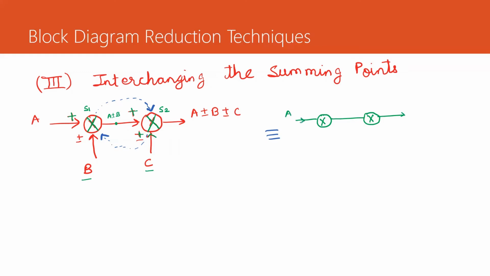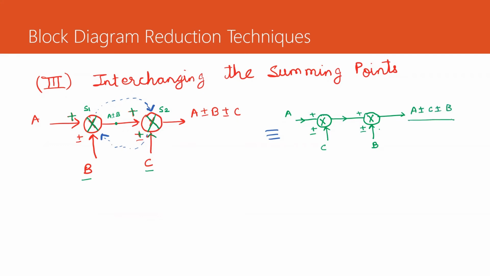again the input is the same. Then in that particular case what I have to do is, we have a C which is applied over here, and we have a B which is applied over here. So now you can see the output is not changing when we move a summing point, or when we shift two consecutive summing points. Again, the output value is the same.